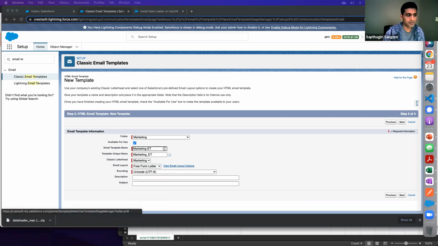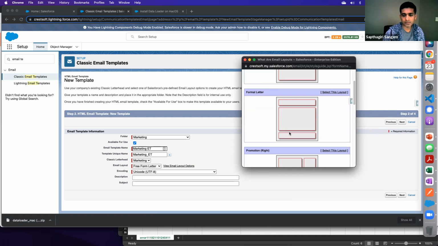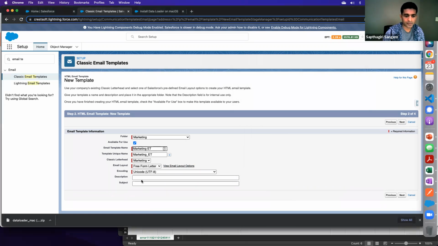more apt for us, this is where it says, if you select this one, how it is going to look like. So basically this is the free form letter, and if you want to separate the sections, you can use a different template. So I selected the first one, and so let's